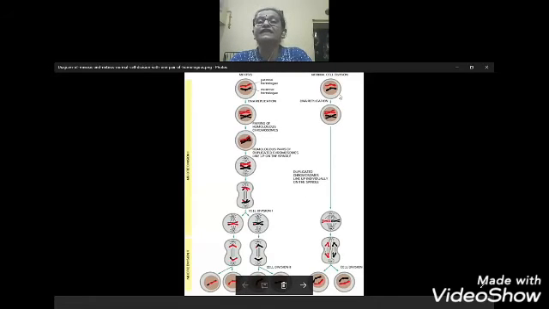Now see this normal cell division, which is called mitosis. Here we are beginning with two chromosomes and we are ending also with two chromosomes. Such a type of division is called mitosis, which is required for the growth of the body and for the repair of damaged cells. Meiotic division is required for the formation of the gametes. Okay, so with this topic, we end our lesson.